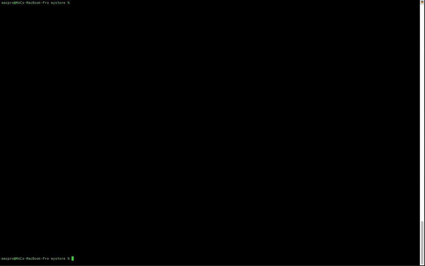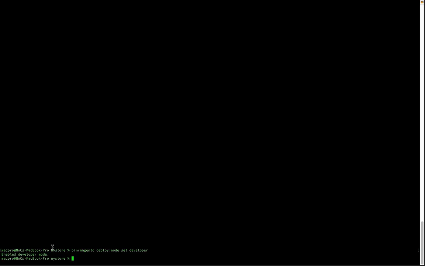To set Magento to developer mode, you need to run the command below: bin slash magento deploy colon mode colon set space developer. Okay, click enter. Enabled developer mode.